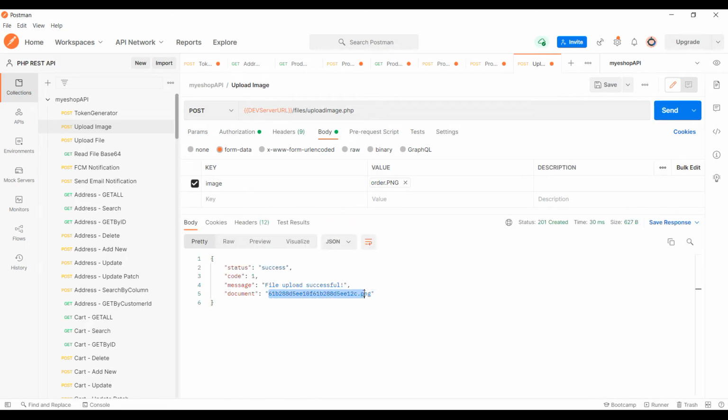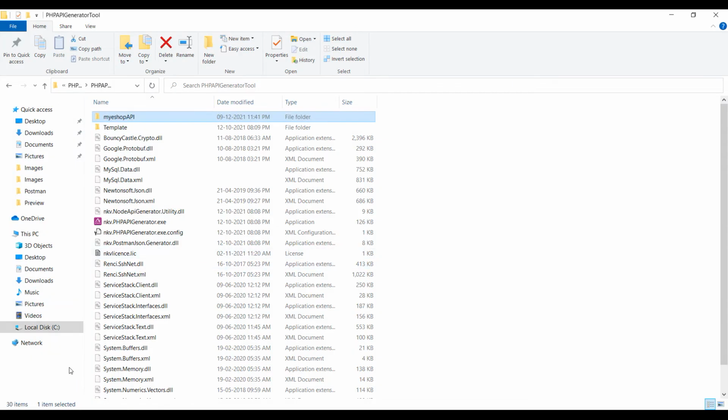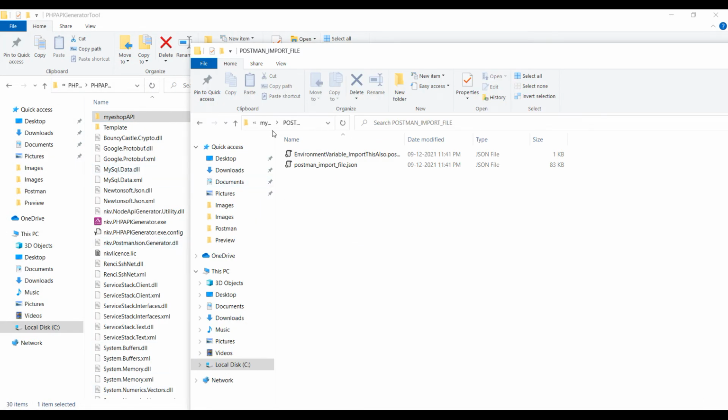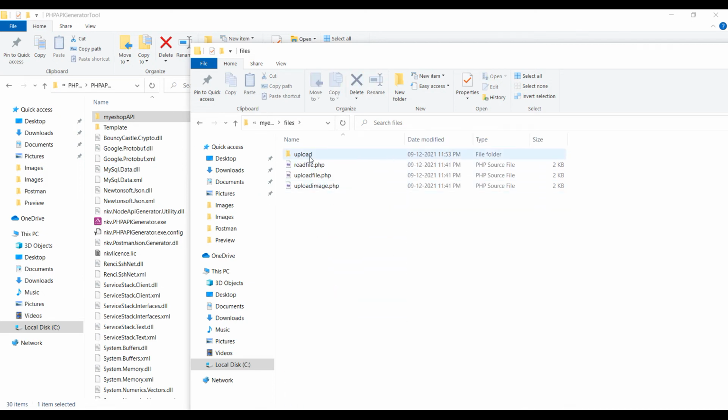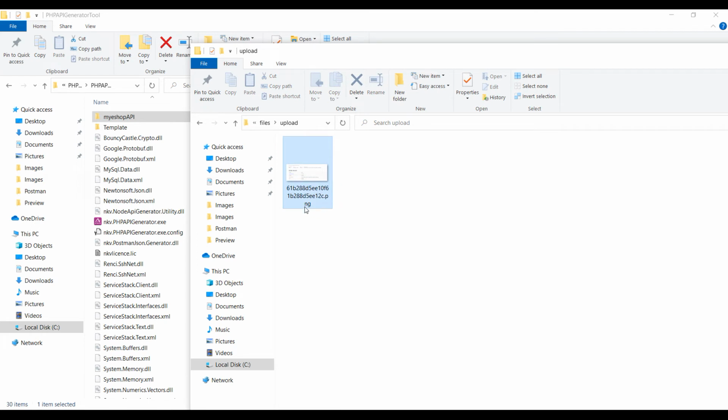So this is the file uploaded, and this thing you can use in your database. After uploading successfully, you can use this to save in your database. And if you want to see where the file is uploaded, just go to your server, My Files is there, and then upload. So this is the file uploaded. You can just create your own file upload system and then save this information to the database to render